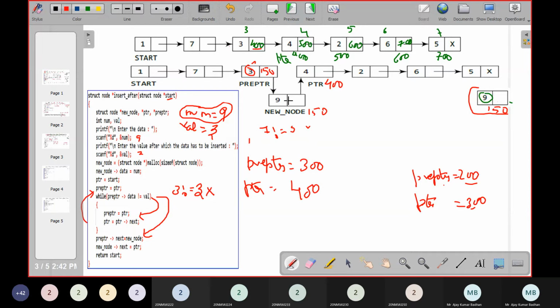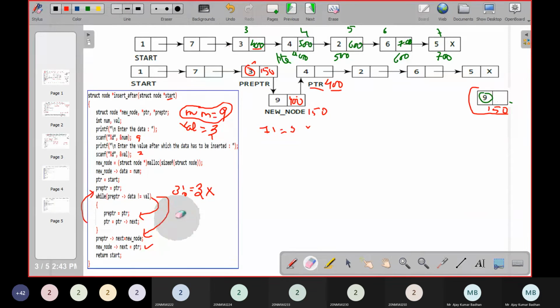And new node next should consist of address of this particular node. And right now this node is pointed by PTR, which consists of value 400. So simply new node next equal to, see this step, new node next equal to pointer. So pointer will consist of 400 and that 400 we are placing it. So a chain is formed here in this particular case. This is the way how we actually insert a particular statement. It's very, very easy. Just only thing you people require is practice.